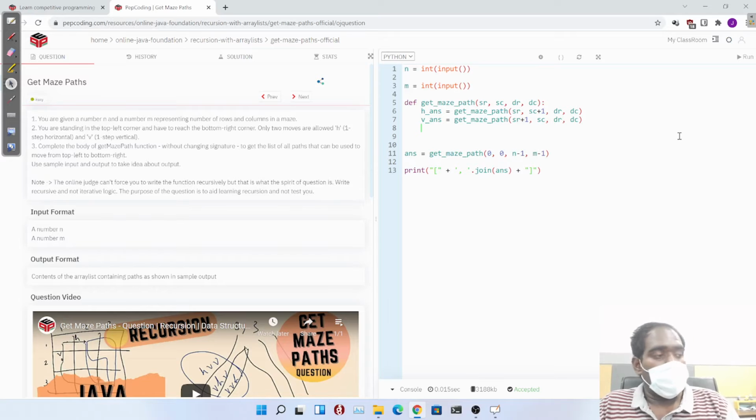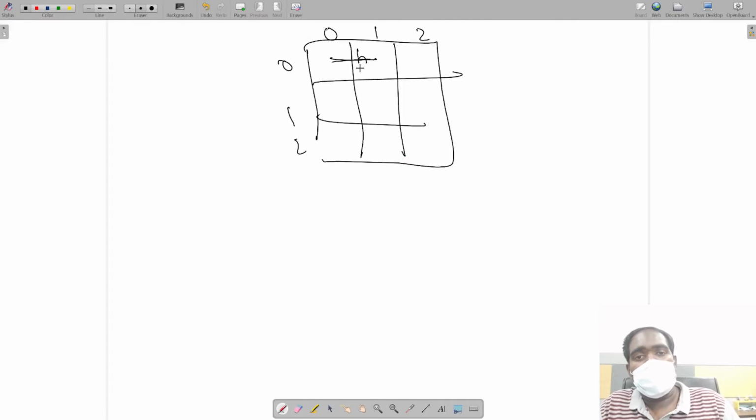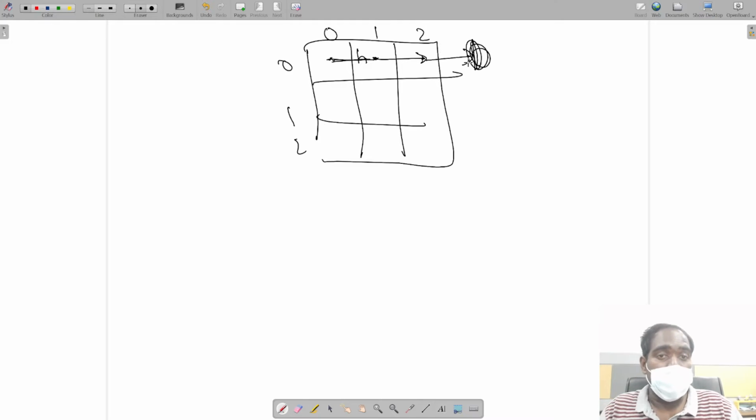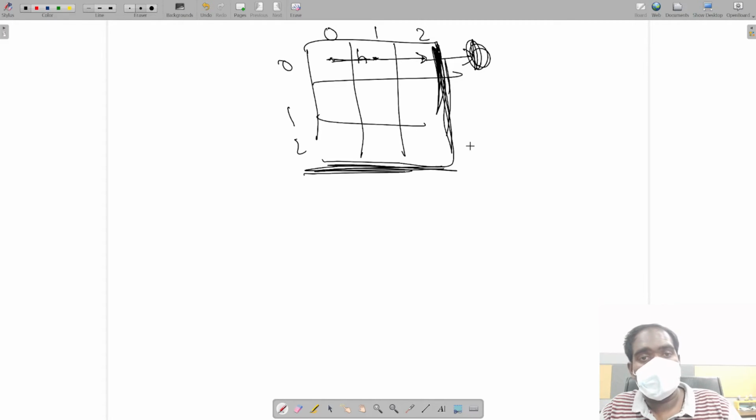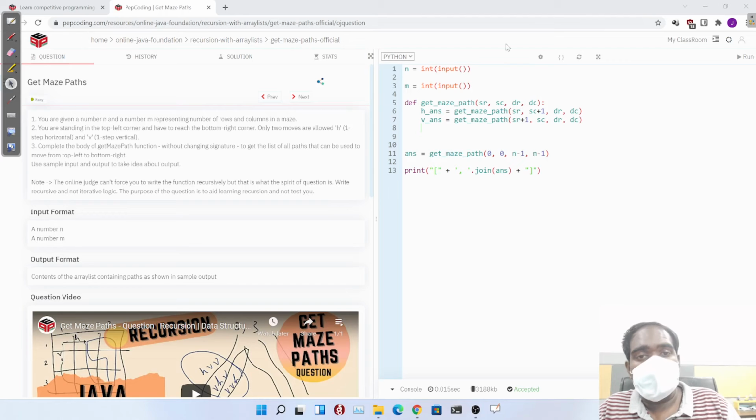Now, also we have to take one thing into consideration: when we call this program recursively, we take a horizontal step and we call the program again. So it takes a horizontal step again. Now we call the program again, it takes a horizontal step. We should not go out of the maze by any means. So we have to restrict ourselves within this range and within this range. So we should not cross these boundaries. How do we say that to a program? We say